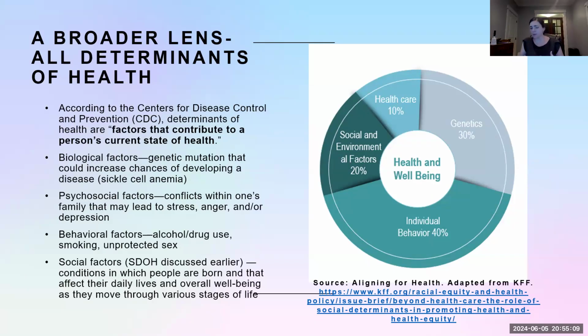So we want to take this broad lens, and we're going to talk quite a bit about the socio-ecological model and different approaches to improving health and dealing with social factors. So determinants are any factors that contribute to a person's current state of health. They can be limiting or supporting health. And you'll see here that we say social and environmental factors account for about 20%. And of course, these are round numbers based on different studies and different understandings of interrelationships of many variables. Healthcare is only about 10% of our health outcomes.